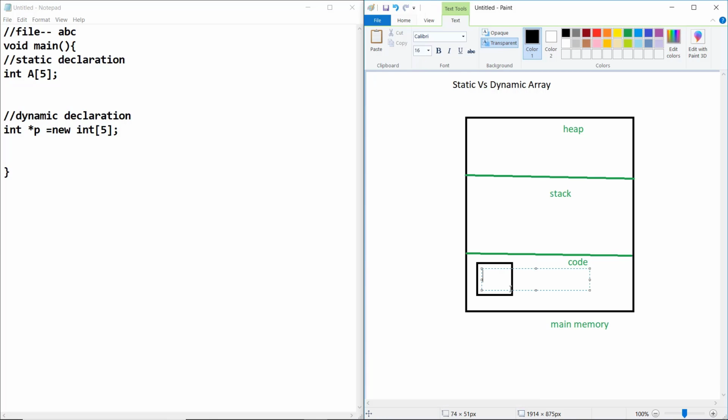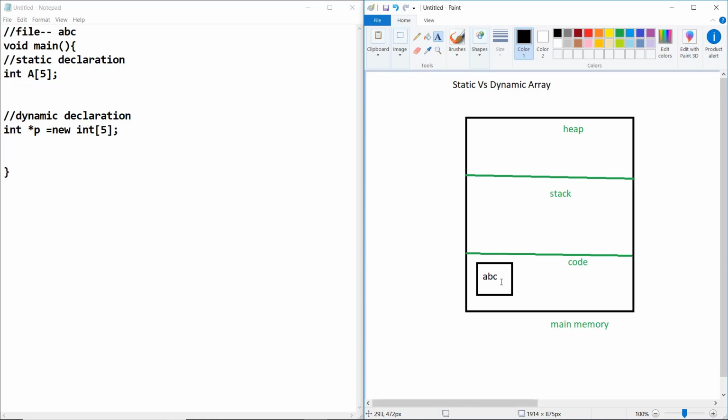The machine code of ABC is loaded into the code section. The compiler converts the high level language into machine code, and that machine code is transferred into the code section.